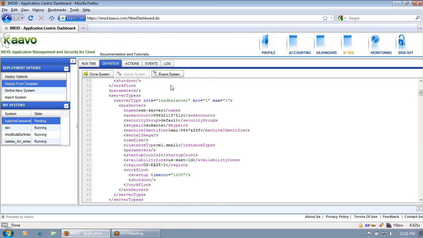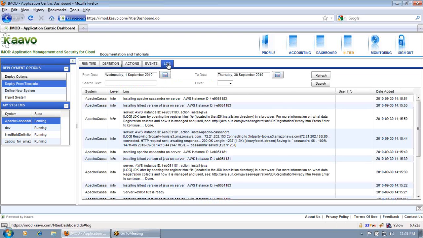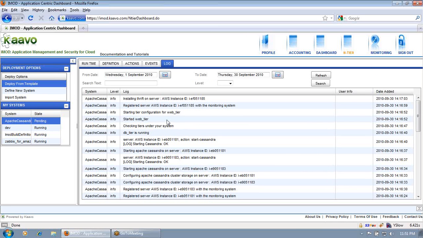So let's see in the log tab what's going on. Okay, so in the log, it's telling us that it is installing Thrift on the particular server. So this will take some time.